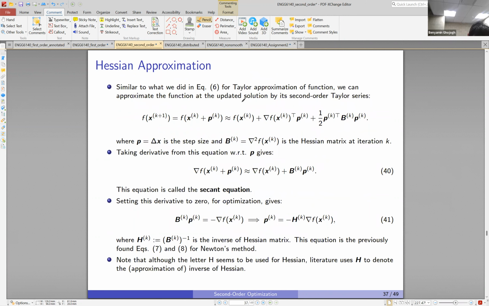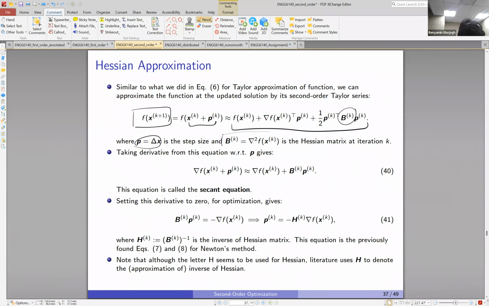we can approximate the function at the updated solution by its second order Taylor series. So for f of xk plus 1, the updated point, it's f of xk plus pk, because this is xk plus the update, which becomes xk plus 1, right? So we can have the second order Taylor approximation by this, where p is delta x, the update. Here,